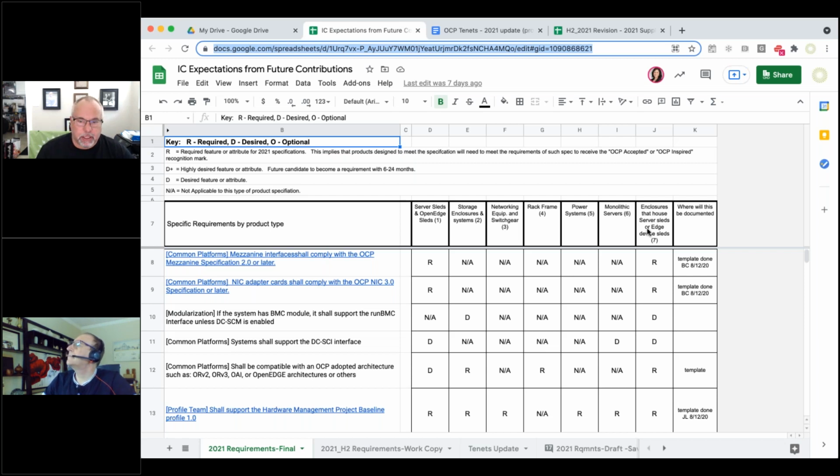So we basically implemented these requirements in column B and left out this table to some degree.